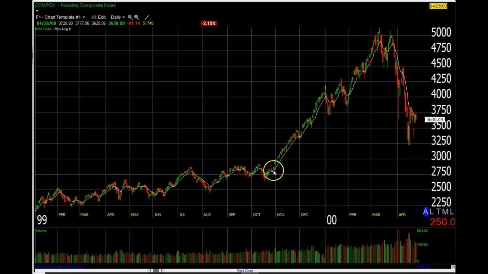So this big run up right here was probably pretty close to the lion's share of all the gains in the NASDAQ in the 90s, just a huge percentage of the total gains. So if you actually sold out at that first sign that rates were going to be going up, you would have missed out on this huge run. So there can be a significant lag between when the market actually tops out and that first rate increase.